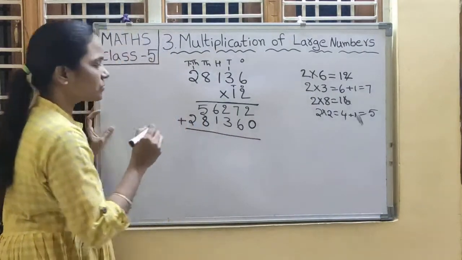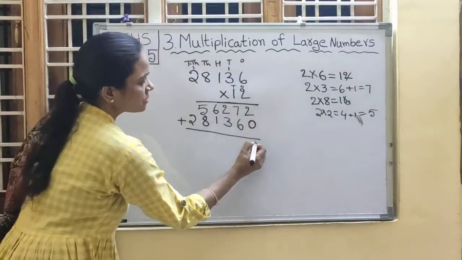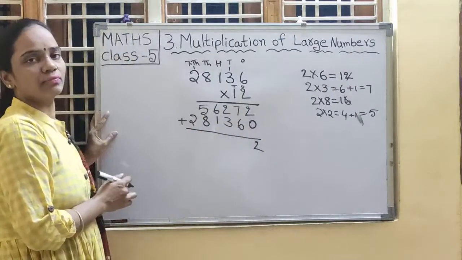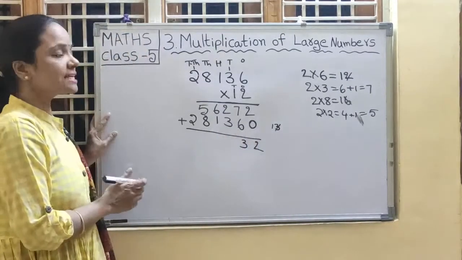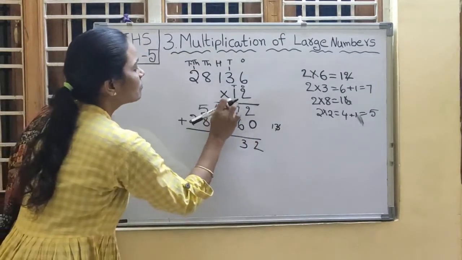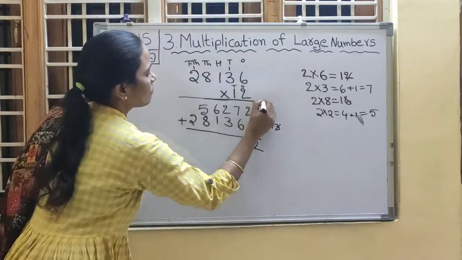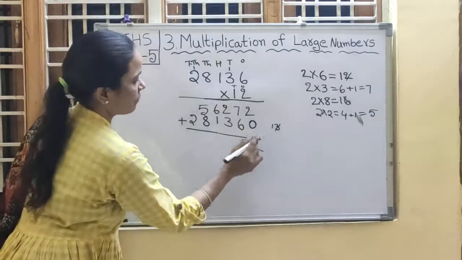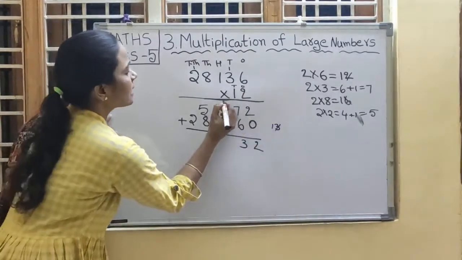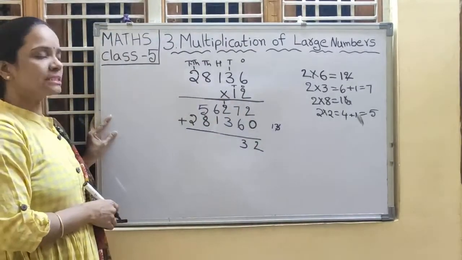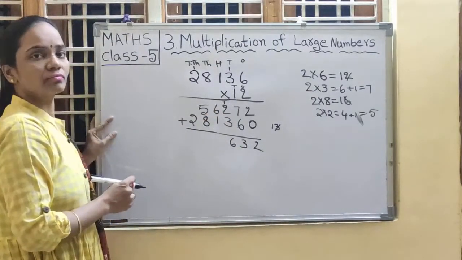What we have to do? We have to take addition. We have to add. So here 2 plus 0, how much? 2. 7 plus 6, 13. So 13 means 3 right at the tens place and 1 is the carry over at the hundreds place, below this line you have to write. So 7 plus 6 is 13, 3 right here and 1 is the carry over right here. 1 plus 2 how much? 3. 3 plus 3, 6. Next 6 plus 1, how much?